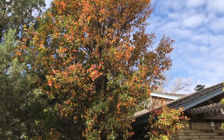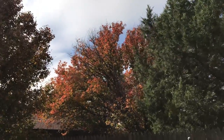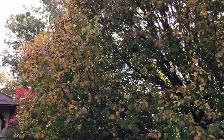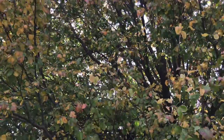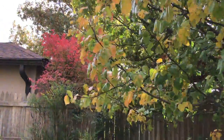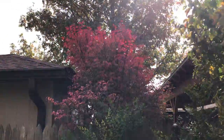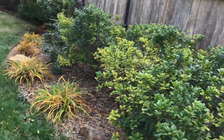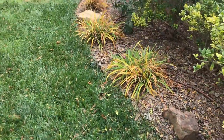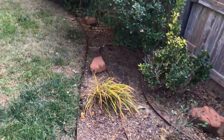A view of the tree that's on the other side of our fence close to our house, and then one that's close to the neighbor's home changing, and then this one in the backyard. Just so gorgeous. I just love it. And even my daylilies are beginning to change. Oh wow. Oh, look at this. Even the daylilies change color. Here they are. And the ones over here on the side. I mean, the leaves change color. It's so pretty. And then here's a close-up of that tree that I